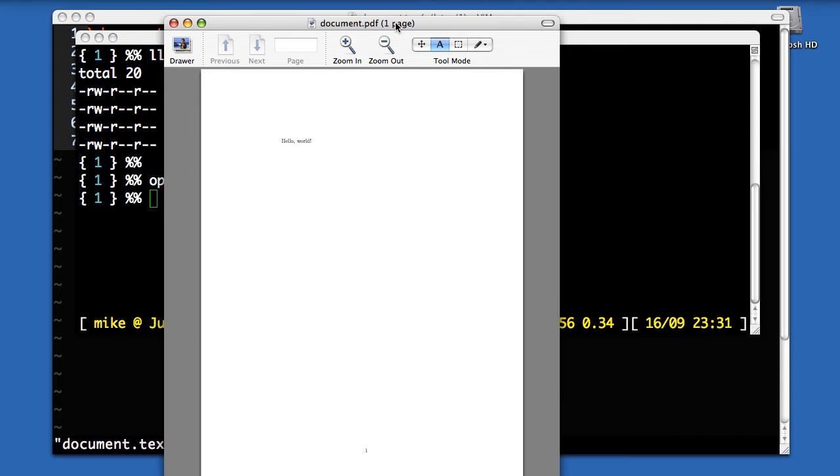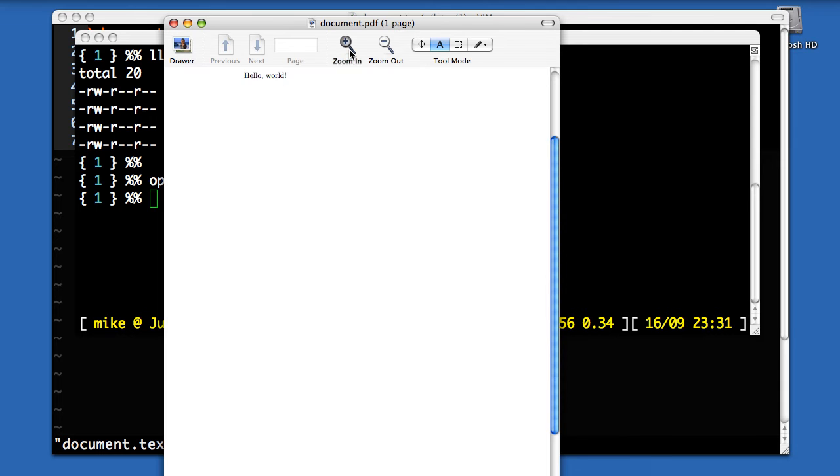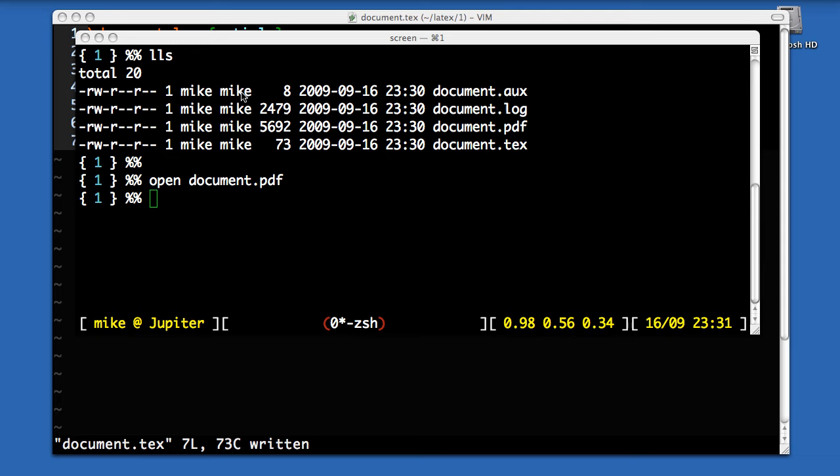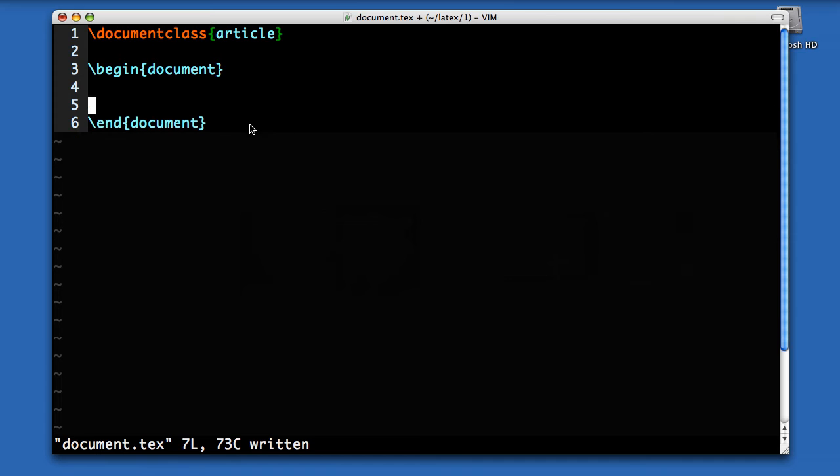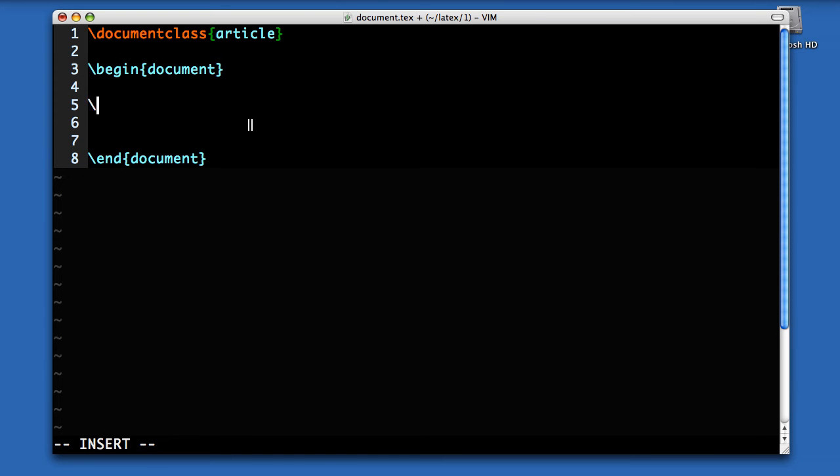you can see this is the produced document. There's not much here, as you can see, because that's what I wrote. But that's the generated document as a PDF. So now I'm going to add some more text and headings. So if I delete that, to add headings, I can add a section heading by typing the command section,